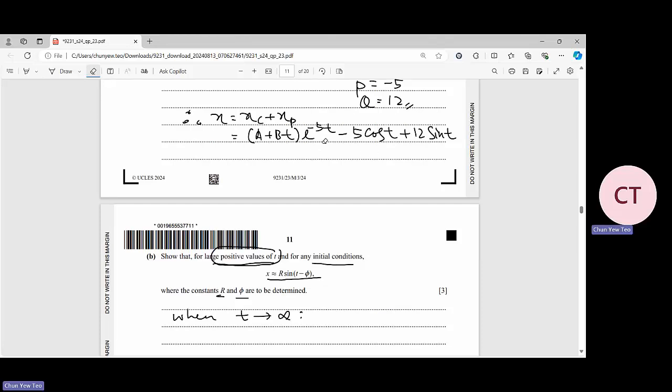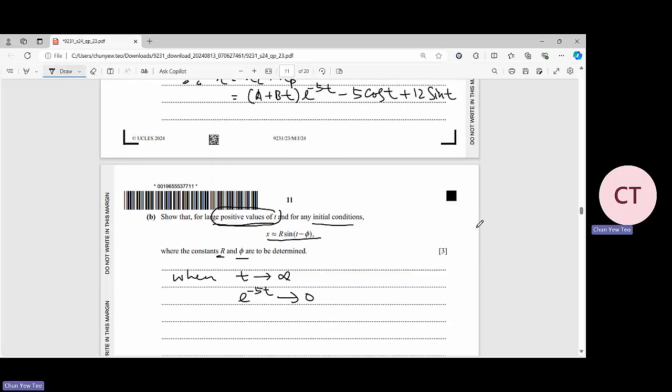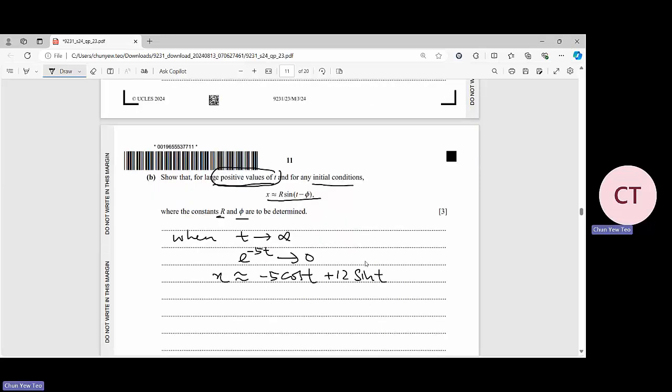Okay, so just mention, then your e power negative 5t will be approaching 0. So that means your x will be approximately equal to negative 5 cos t plus 12 sine t. Then over here we need to show this. Given x is approximately equal to this,